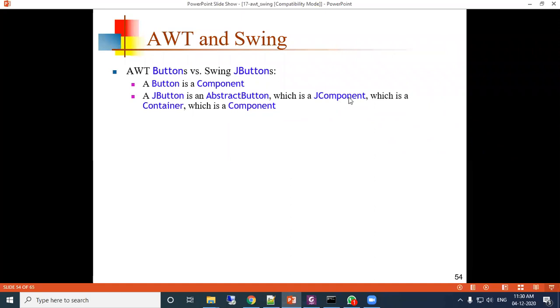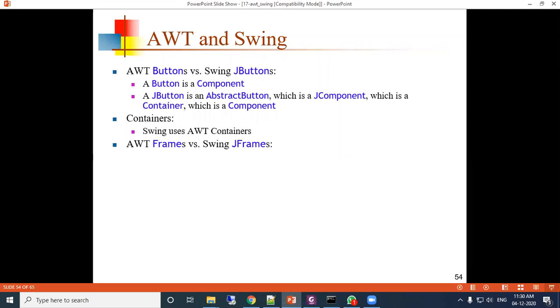So JComponent is a container, and that container is also a component. Containers: swing uses AWT containers. What are the containers? Panel, frame, window. So inside a swing program, you can use the AWT containers.